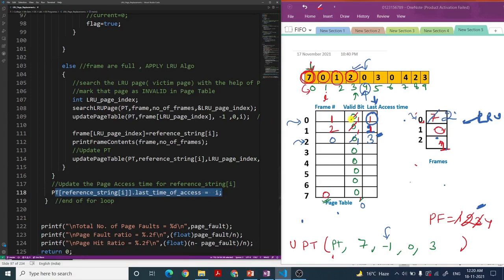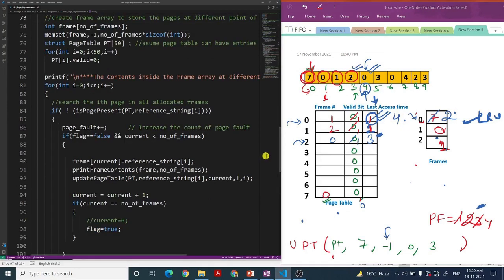So for this 0, I am saying pt of reference string I, that is pt of the 0th page dot last access time, it should be made I. Currently I is 4, so this 1 should be changed to 4. So 0 did not give me a page fault, but the access time should be updated.